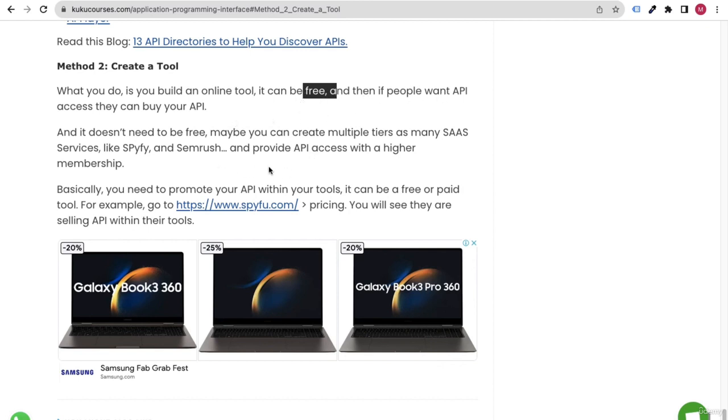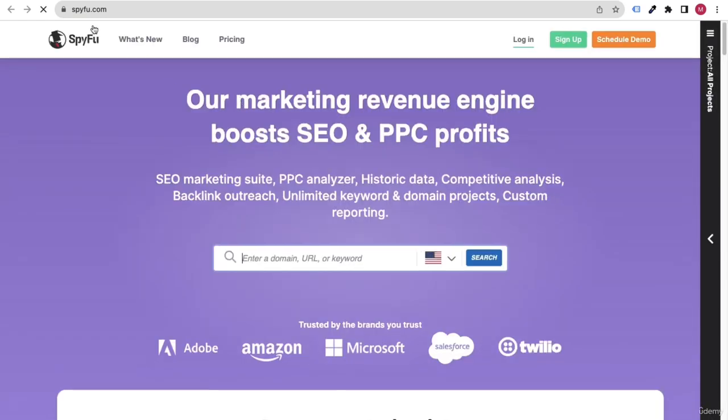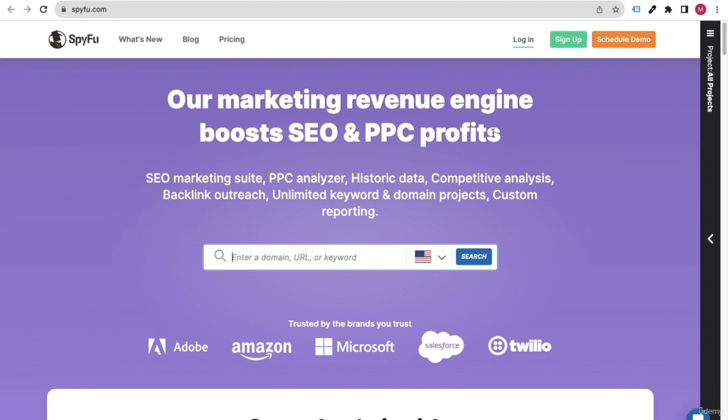And there you need to promote your API within your tools. So the tool can be free or a paid tool. For example, if you go to this website spyfoo.com, and look at its pricing, basically this is one tool that will help you with SEO, PPC and everything. So it's a tool. So basically if you go to pricing,